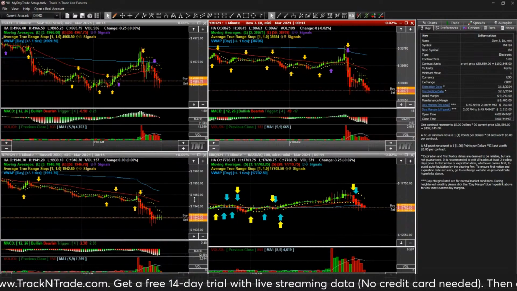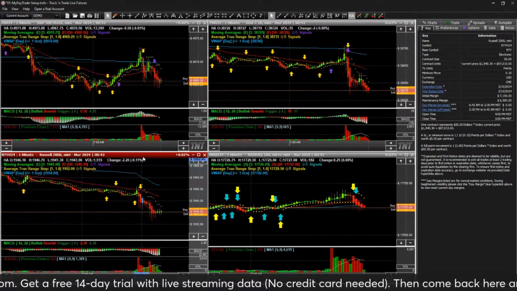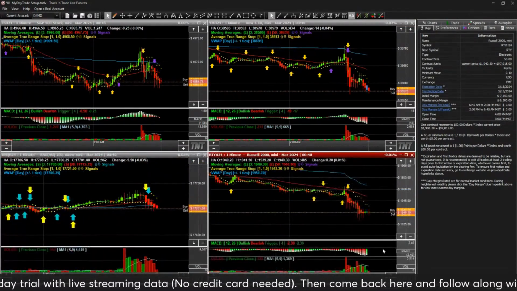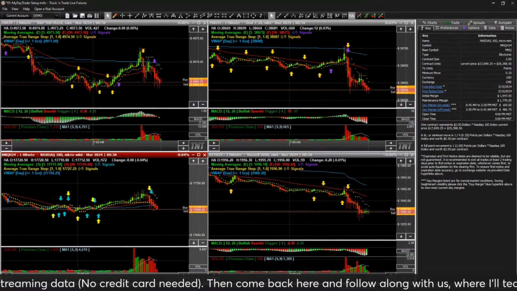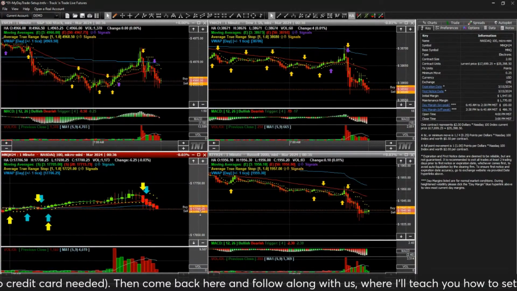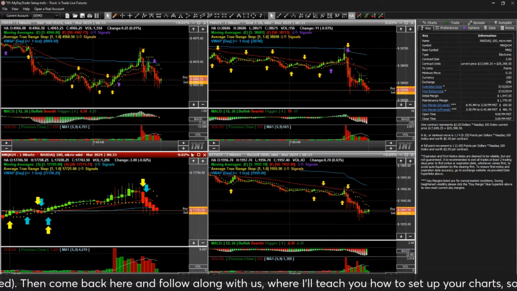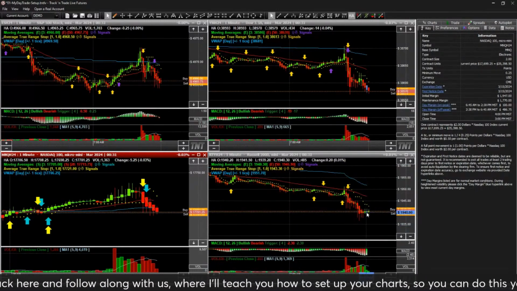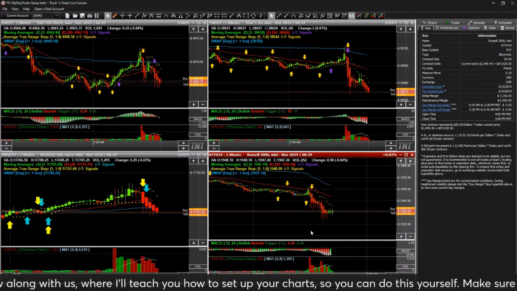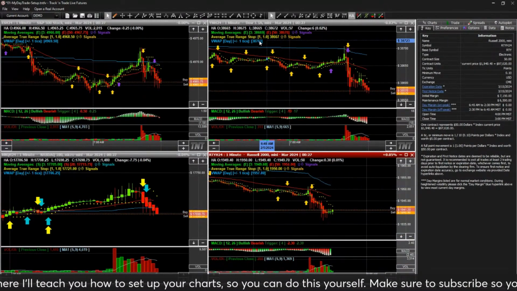This market looks like it wants to fall once again, but this is the Russell. I'm going to bring the Russell over here. All right. Right now, this market just keeps falling down, falling. But I look for it to catch down here. I'll watch for it to catch. So we're getting little green bars here on the Russell. Maybe the market slowed down a little bit. We could go over and